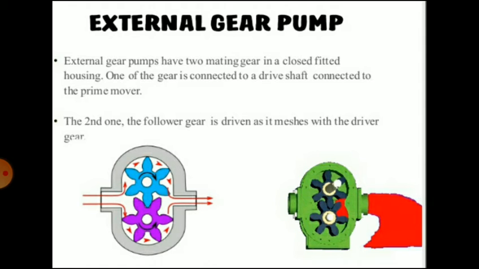Principle of operation of the external gear pump. Gear pumps are positive displacement pumps. A partial vacuum is created as the gear rotates and oil is forced up into the pump due to atmospheric pressure on the oil surface. This oil is then carried to the delivery port by the teeth and finally forced out to the actuator. This principle is used in the external gear pump.